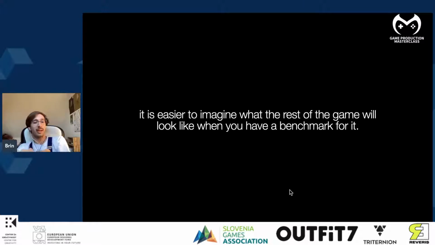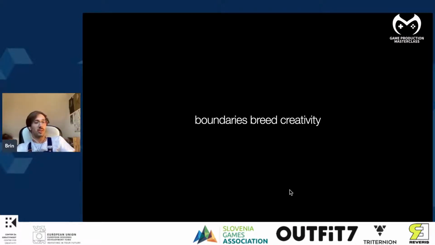Because it's easier to imagine what the rest of the game will look, feel, and play like, and what it will be like to program, when you have a benchmark for it, when you have something to show already. And because boundaries breed creativity, because when creating some sort of a box, when we tell ourselves, we are